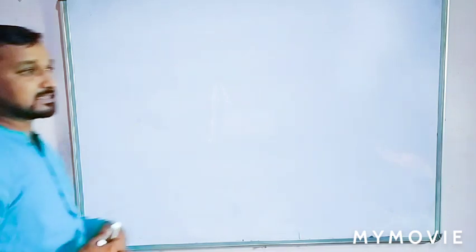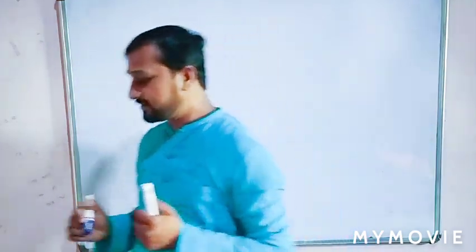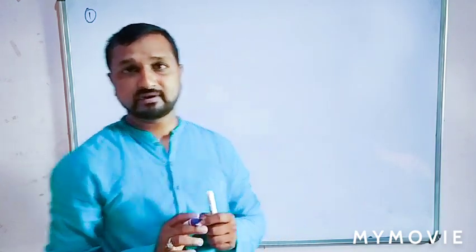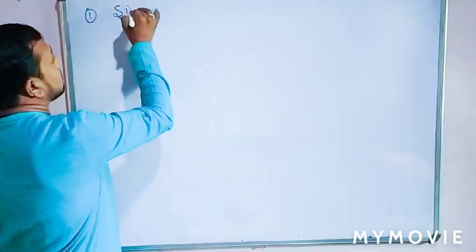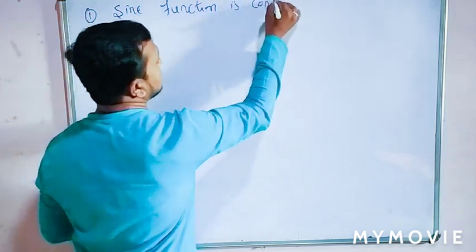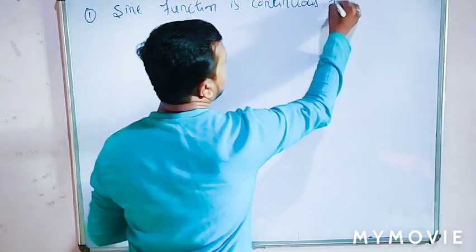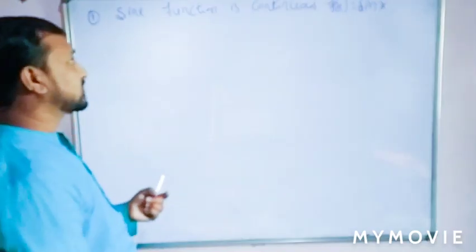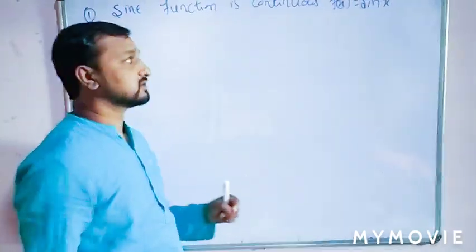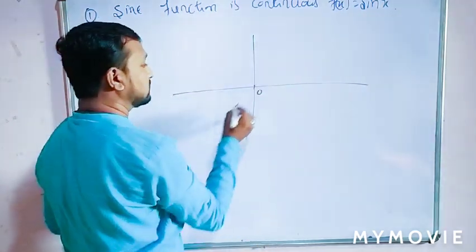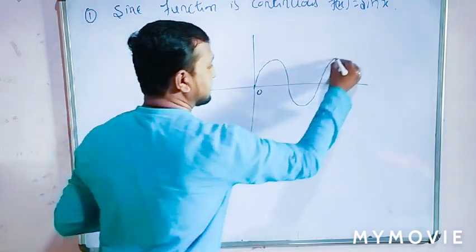Students, we will also discuss the continuity of the standard trigonometric functions. First, I can conclude that the sine function is a continuous function. F of x equal to sine x is continuous. The proof is not necessary; you can see the proof in your textbook. Here I can conclude by using the graph. This is our 0. The graph of this function looks like this.